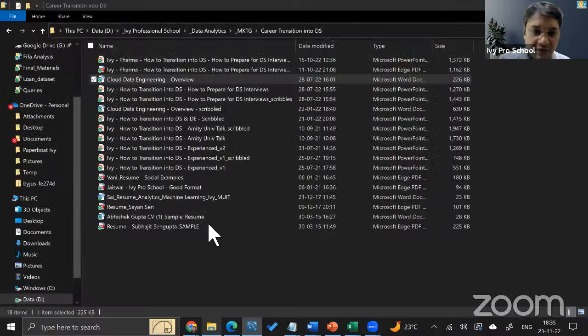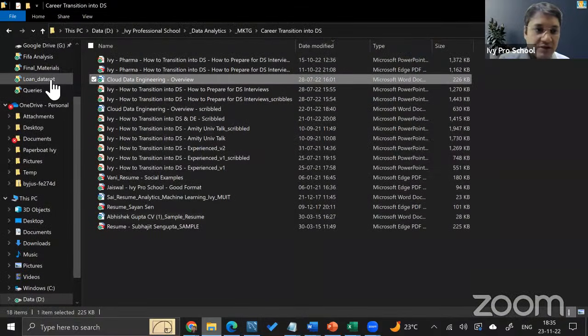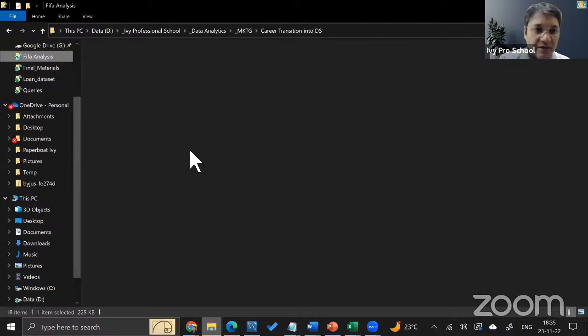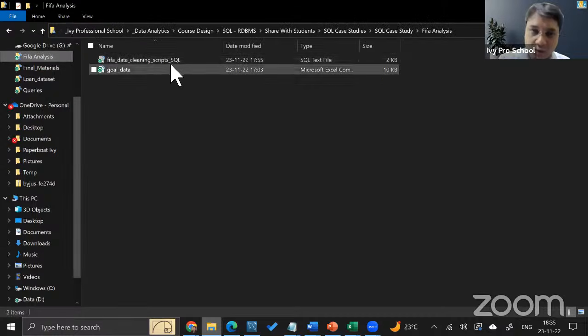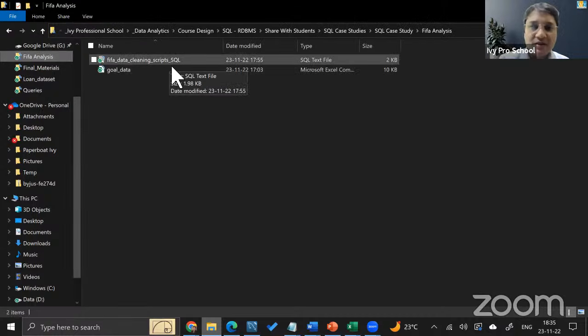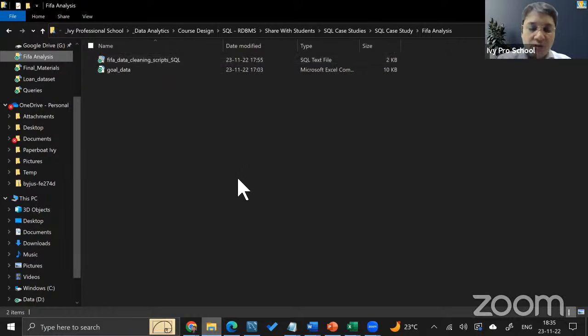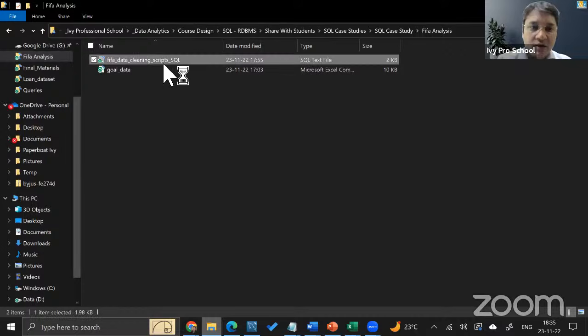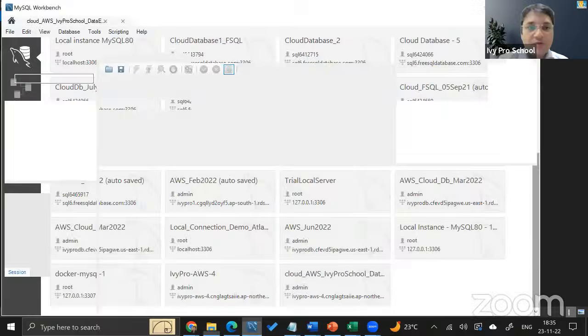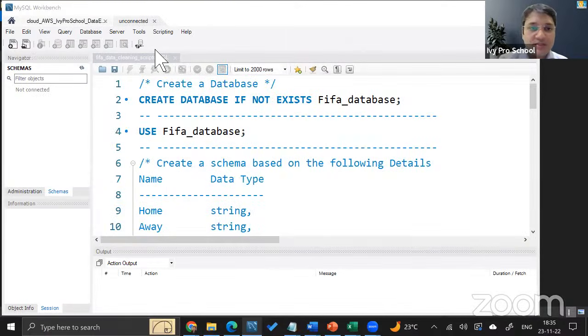See, I have downloaded this file. It's already over here, this SQL file on my local machine. However, I'm not going to double click on it. The reason is that if I double click on it, it will open in Workbench if you've installed it on your machine. However, when it opens in Workbench, it opens as unconnected. Look at this, unconnected, which basically means that you have not established the connection with the database server. And still this file will open. But we don't want to do that.